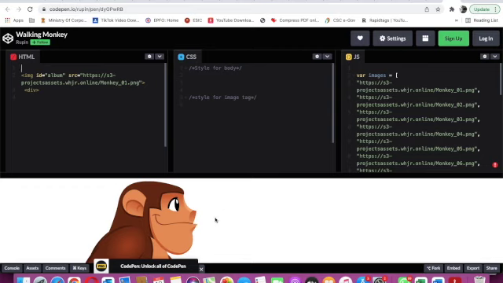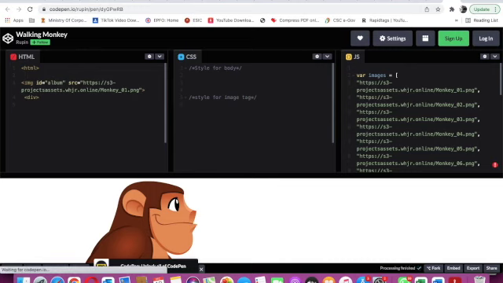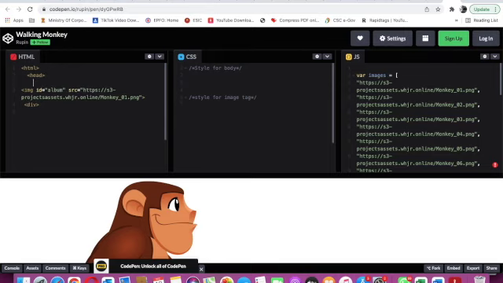Now here some coding is given, but there are many errors that we have to solve. So first of all we will work on HTML. Here I will type HTML. I will give an enter. Here I will type head. Then again I will give an enter.